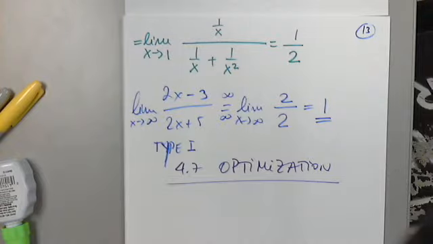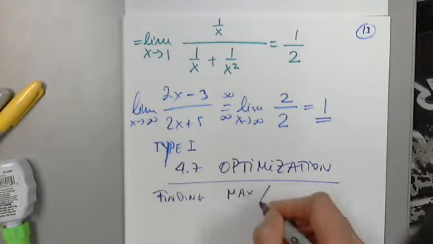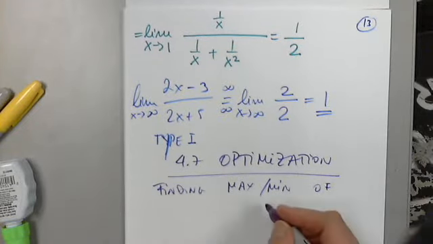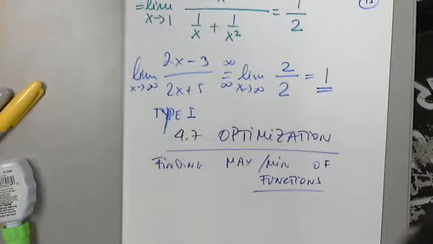What is that? So finding max min of different situations, of different functions, with applications in real life situations. Yes, it's not a super easy situation. Why? Because most of the time I will not be given the function. Like we were not given the relation between